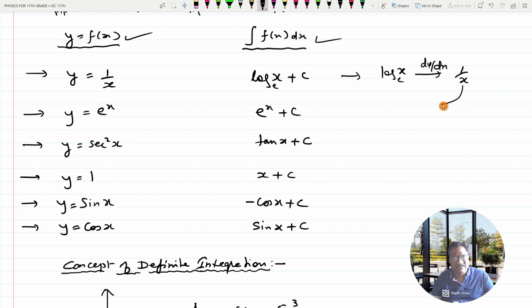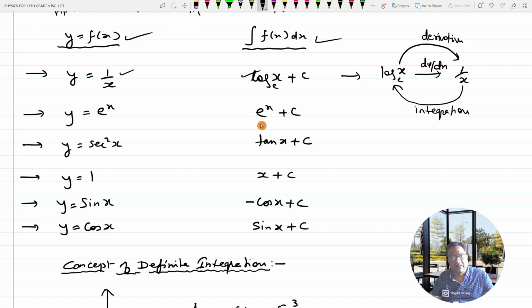Therefore, the integration of 1 by x should be equal to log x to the base e. Plus that constant of integration will always be there. So this is derivative